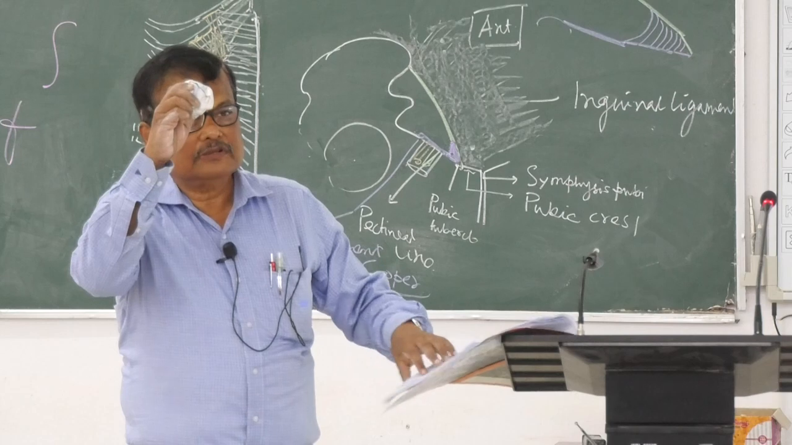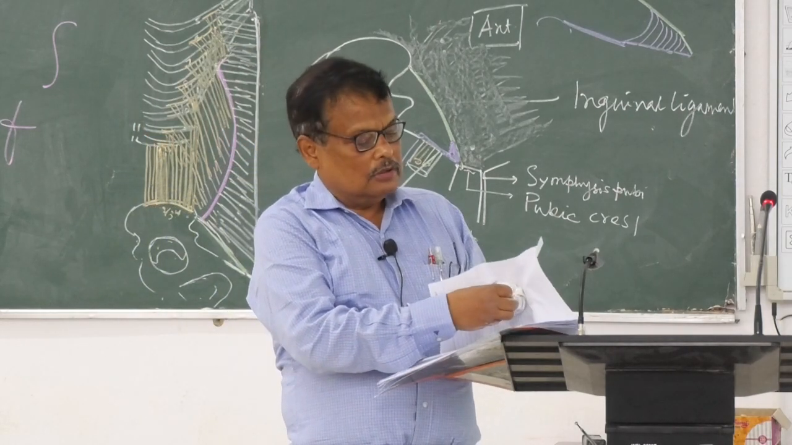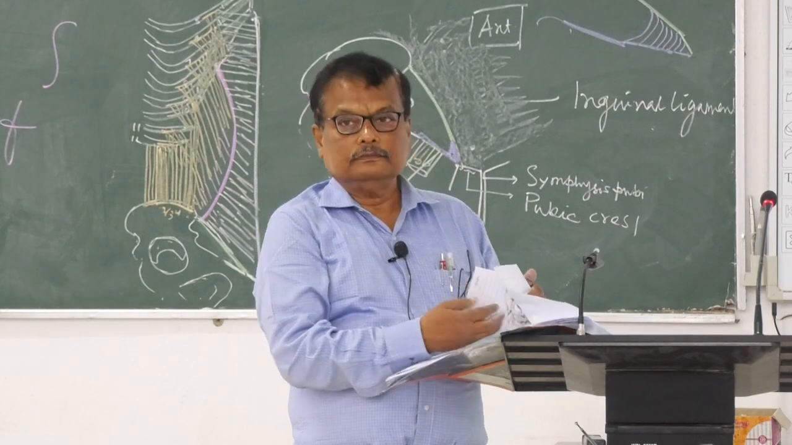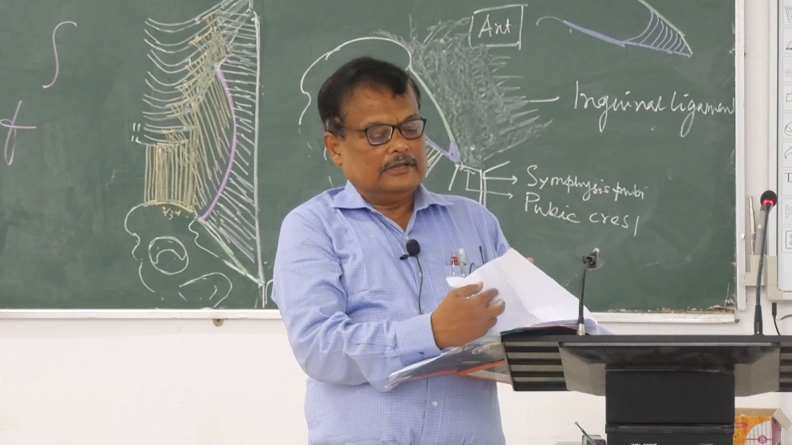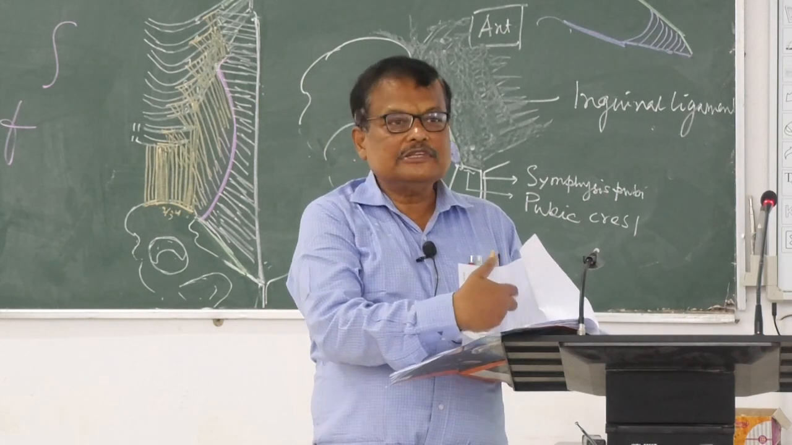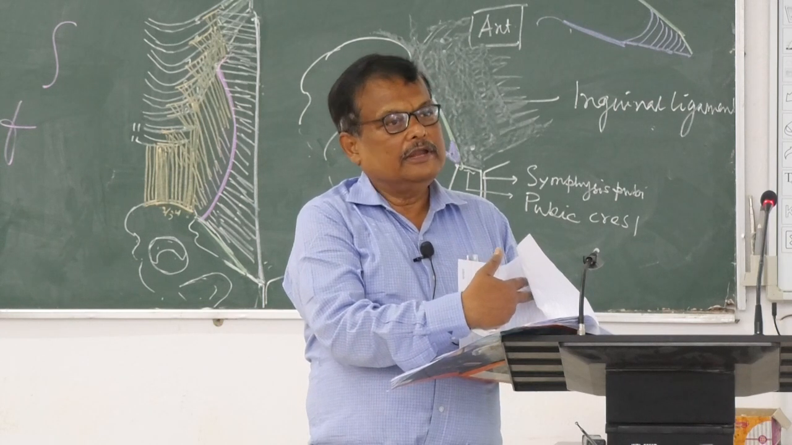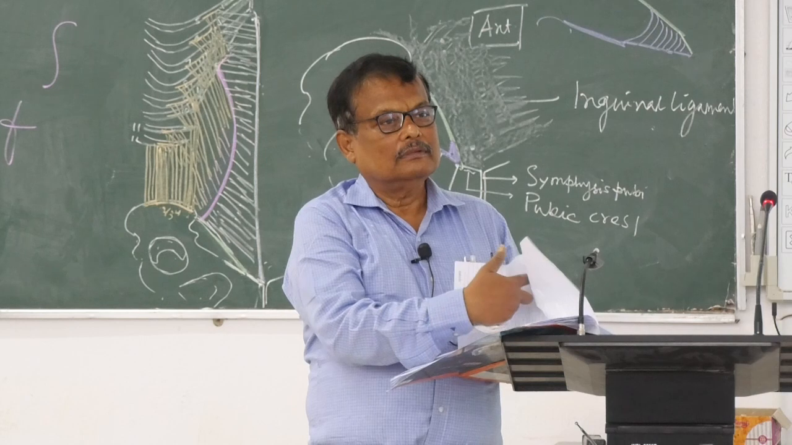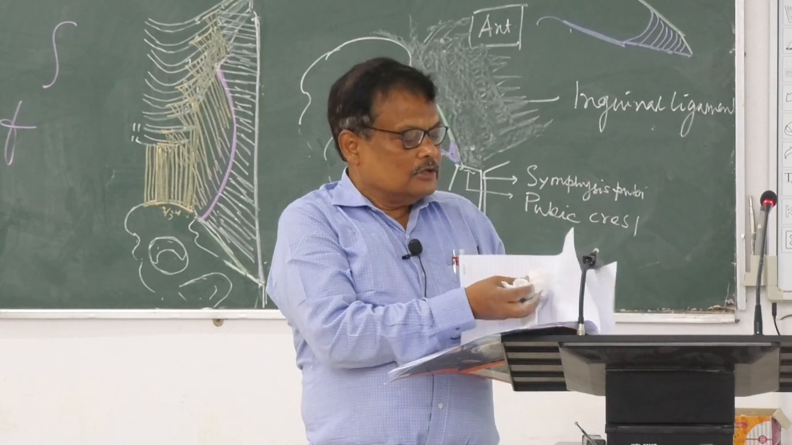This is the testis. So this is the fascia transversalis. So if we push, now we remove, suppose we remove the testis, there is a gap. There is a gap, right? And this is the mouth, the deep ring. Similarly, it pushes, so it,